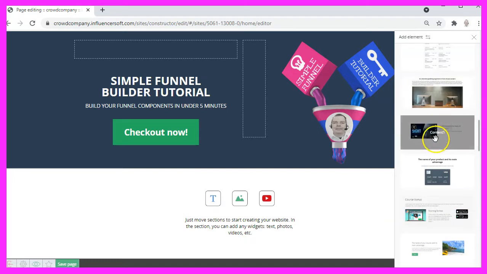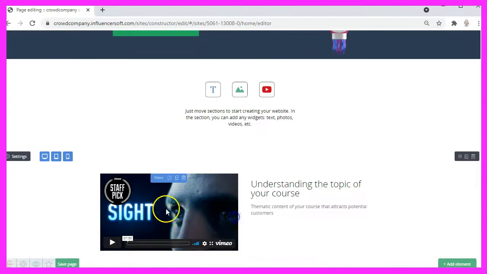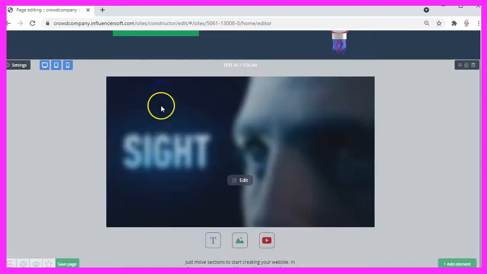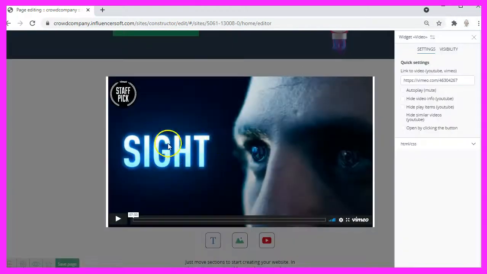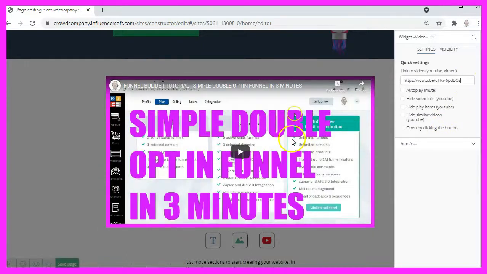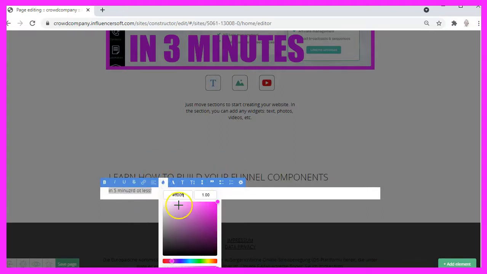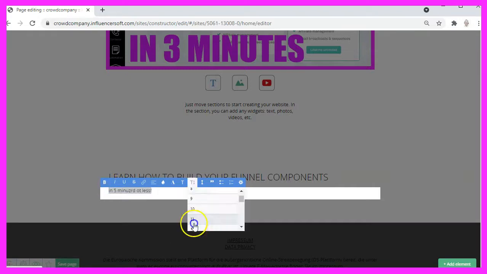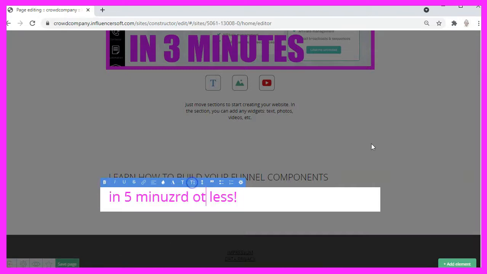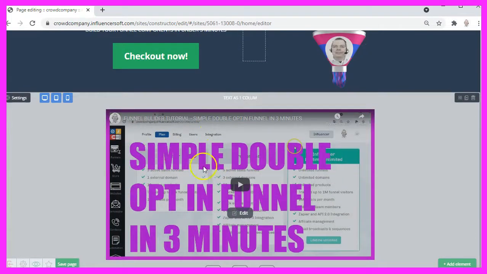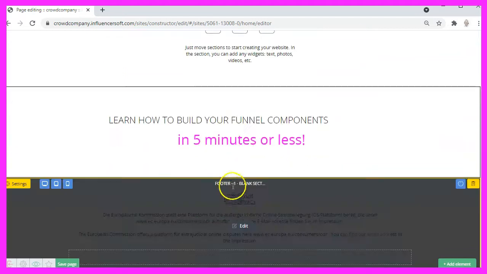You can pick the one you like. I will take this one and drag it onto the section. Here it is. I could now move around everything. Let's edit the video and change the video link here. I also want to change the text. You can change the color here. Let's pick bold and change the text size. A spell checker would be handy. So this is better. I want to align it to the center. So now we have a header, a video, some text.